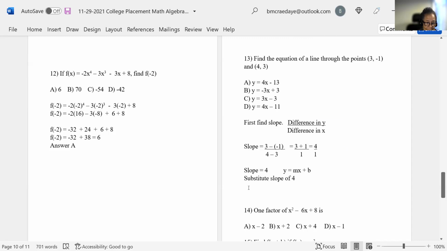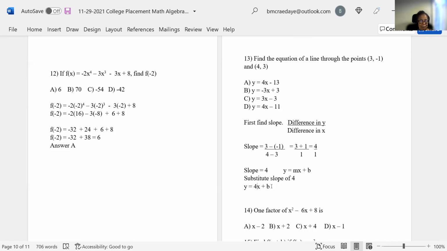So this becomes y equals mx plus b. Now m is 4. We solved that, right? So let's just copy this. Okay. So let's just put 4, since m is our slope. So that'll be 4